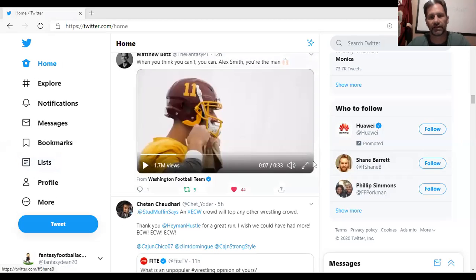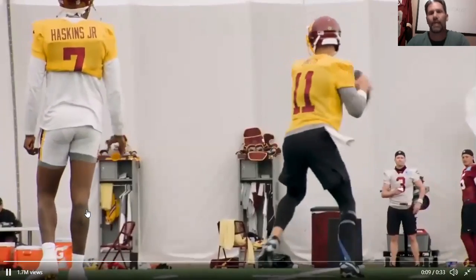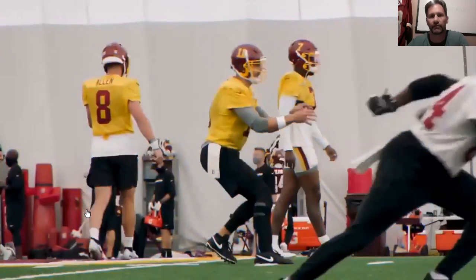We're going to show you guys this real quick. Guys, I don't care who you are. If this doesn't warm your heart to see this man, Alex Smith, back out on the field at Washington's practice, number 11, chucking the ball around.